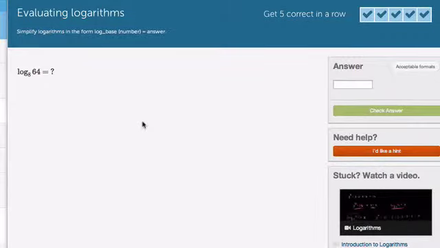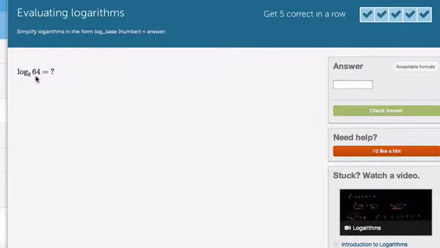In these problems, we're trying to identify the exponent that gives us the power listed right here. So a logarithm is the inverse of an exponent. And remember, the way you read this is to look at it and say, okay, this little sub number, in this case the number is 8, that would be the base. So in this problem, the number 8 is being raised to some power to get the number 64,